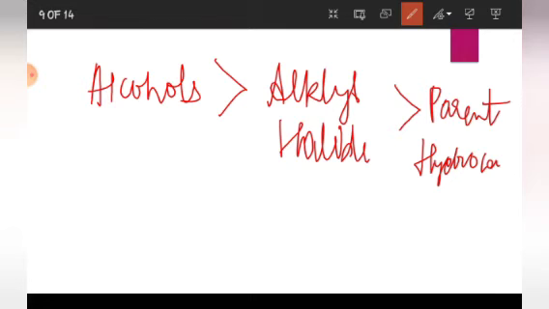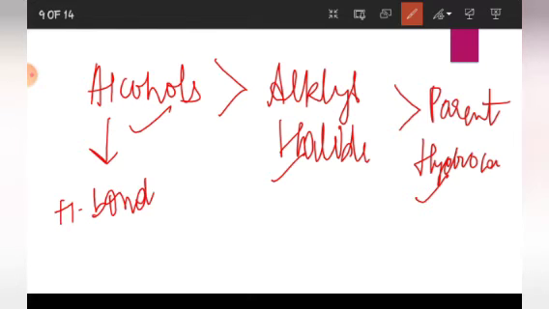They will give a mixture of various compounds. So one might be alcohol, alkyl halide, and parent normal hydrocarbon. Now see, the reason for alcohol is hydrogen bonding, intermolecular hydrogen bonding. And in this case, these are polar and there will be dipole-dipole interaction. So these will have higher boiling point than parent hydrocarbon, and in parent hydrocarbon there is only van der Waals forces, right? So this you need to remember.